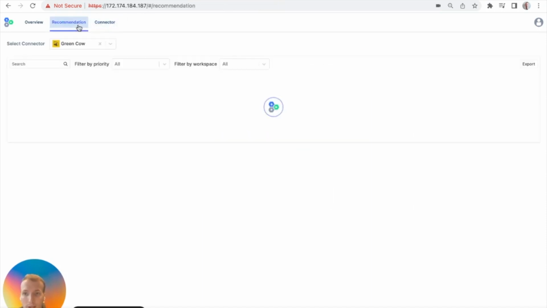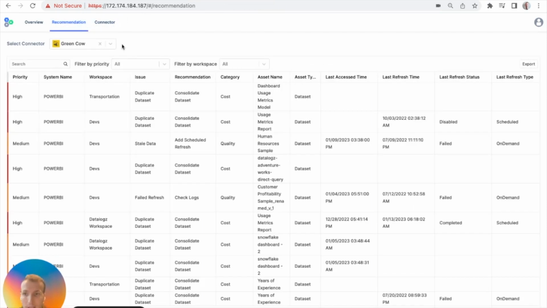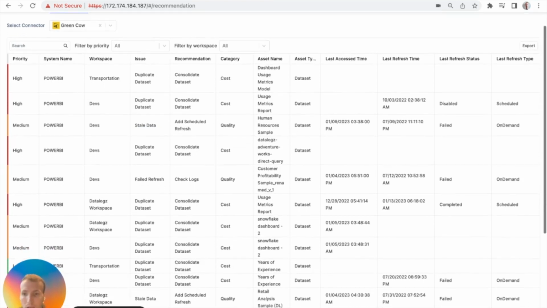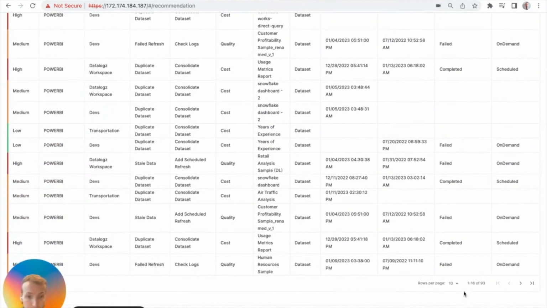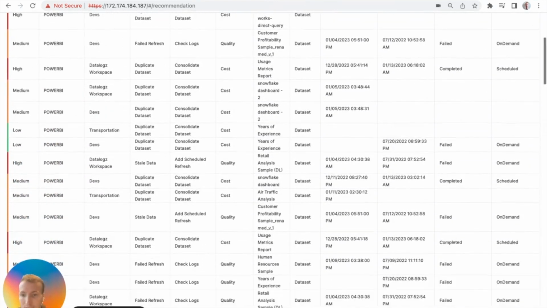Once you do this, we'll run a job that brings in all the endpoints to that relational database and generates you a real-time recommendation engine for your environment that identifies where there's potential duplicate data sets, stale data sets in your environment. This one hasn't refreshed. What if the CEO is viewing that data set to make a decision today and your team has no visibility into it? So that's currently going to be a very reactive decision that you won't be alerted of until there's a problem. We also identify items like failed refreshes in your environment,